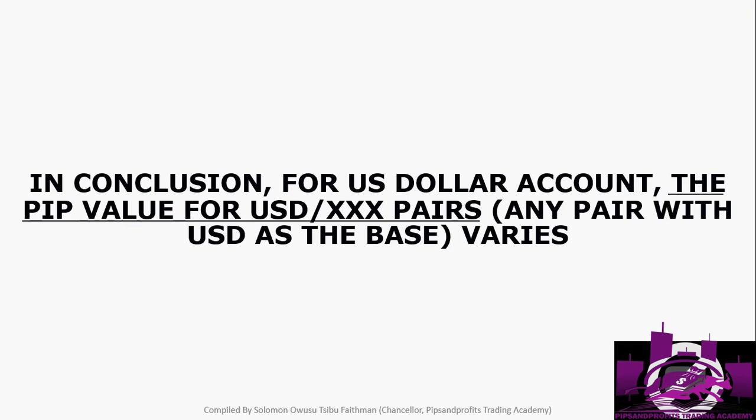The pip values are different when you come to indirect pairs. So what does that mean? It means that for pairs with indirect rates, if you have a US dollar account, okay, so USD